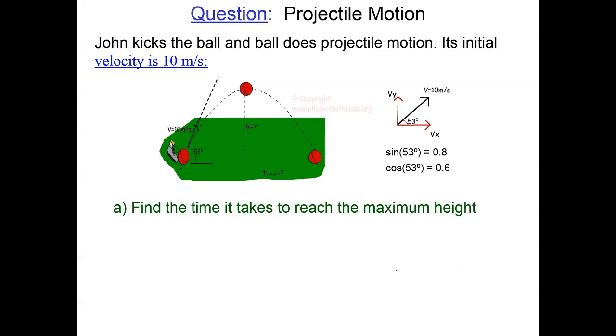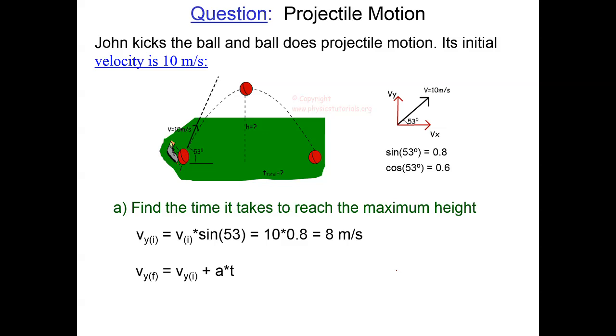Well, first we find the y component of the velocity by taking the v initial, the 10 meters per second, times the sine of theta, so 53 degrees, and that gives us 10 times sine 53, which is 8 meters per second. So now we can solve for the time when the y component of the velocity goes to 0,